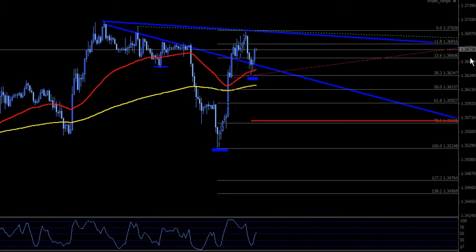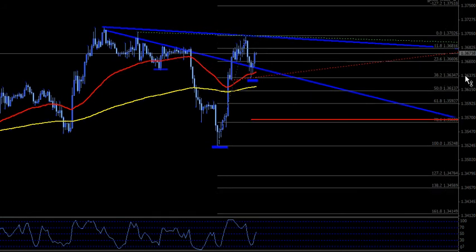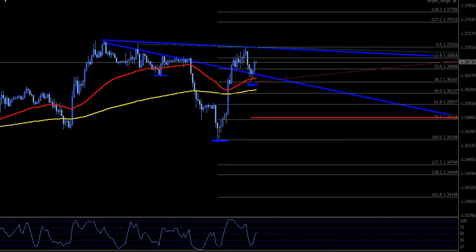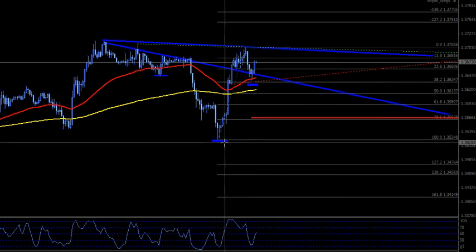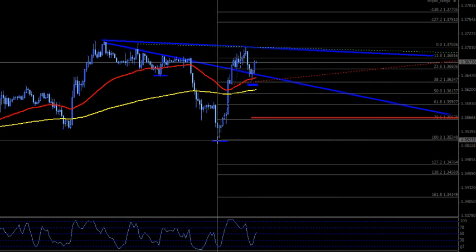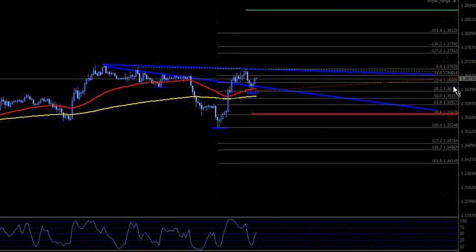so now we need to find a 15-minute target on this inverse Head and Shoulders pattern. So we use the crosshairs and we take it from the low up to the neckline, which is about 177 pips. So let's take the crosshair again from the neckline up 177 pips. And that's right at 38.78,